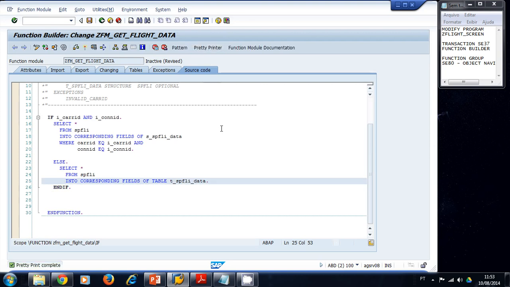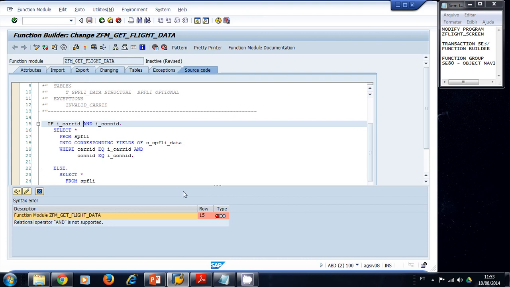Go ahead and click the pretty printer. We check the syntax. I'm sorry, I forgot to write here. If car ID is not initial and if con ID is not initial,